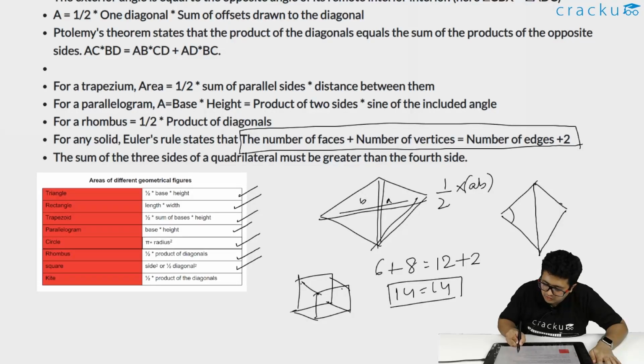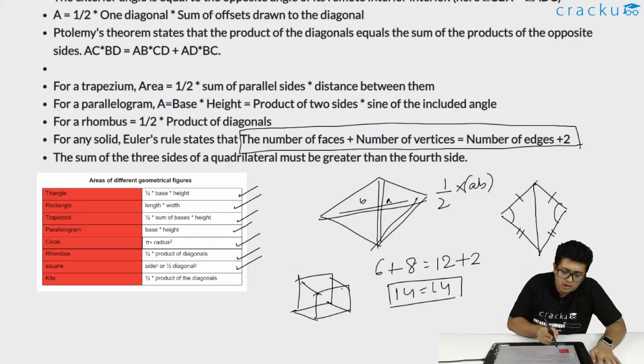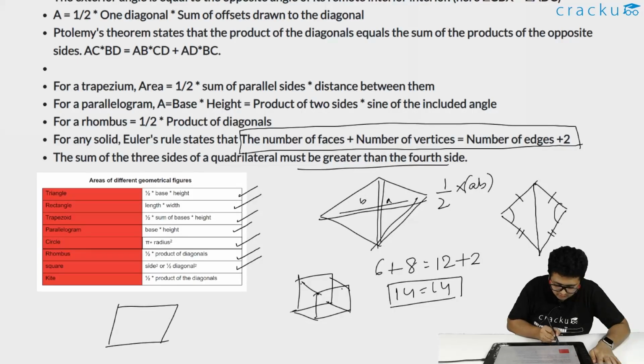This angle is equal to this diagonal, and this side is equal to this side, and this side is equal to this side. So that's basically a kite. And one more important property of a quadrilateral is that the sum of the three sides must be greater than the fourth side. So basically a quadrilateral like this,